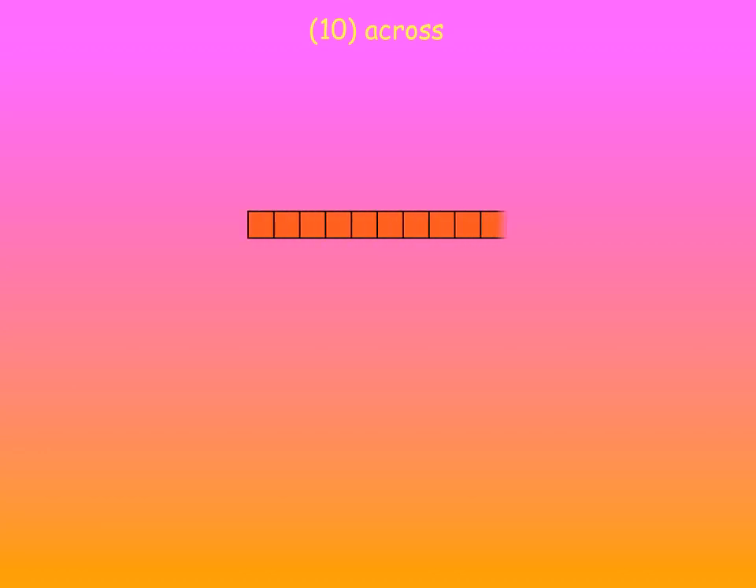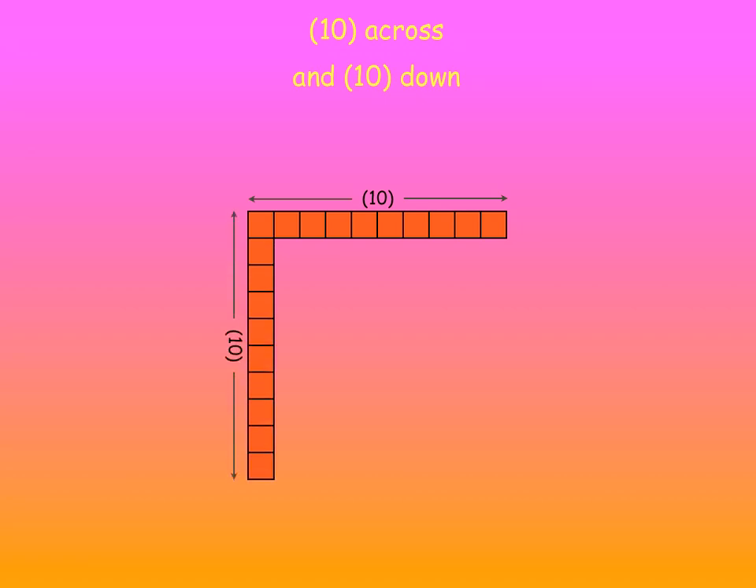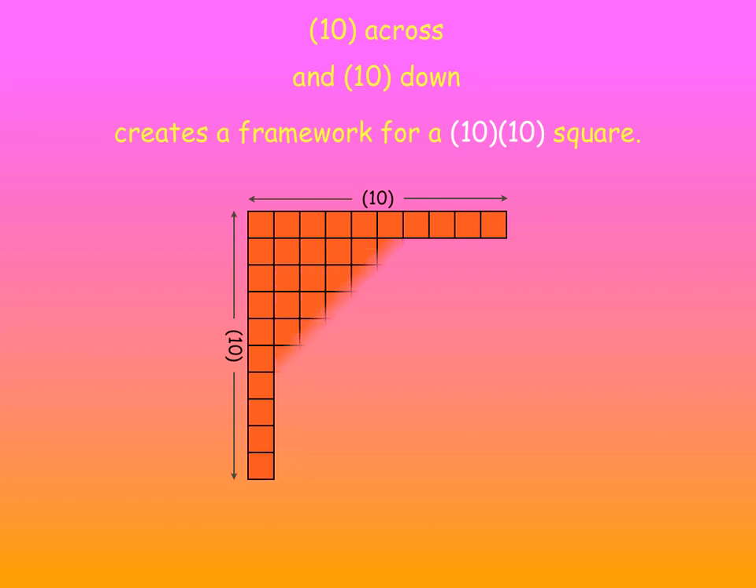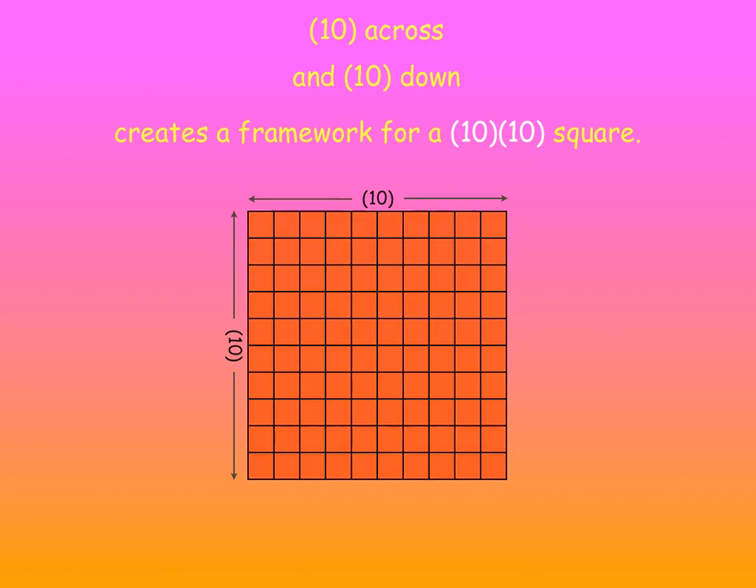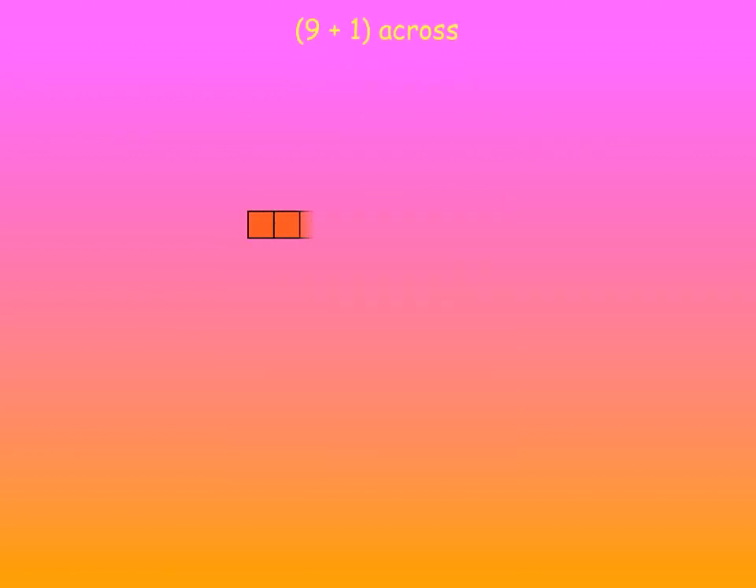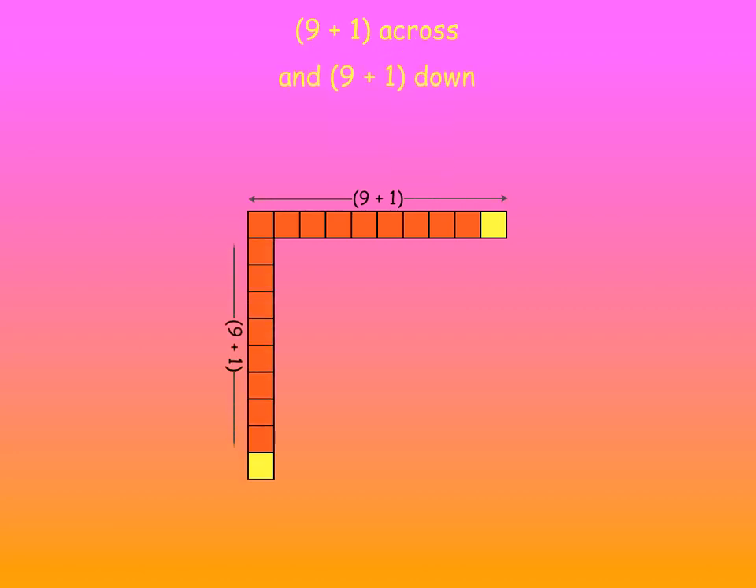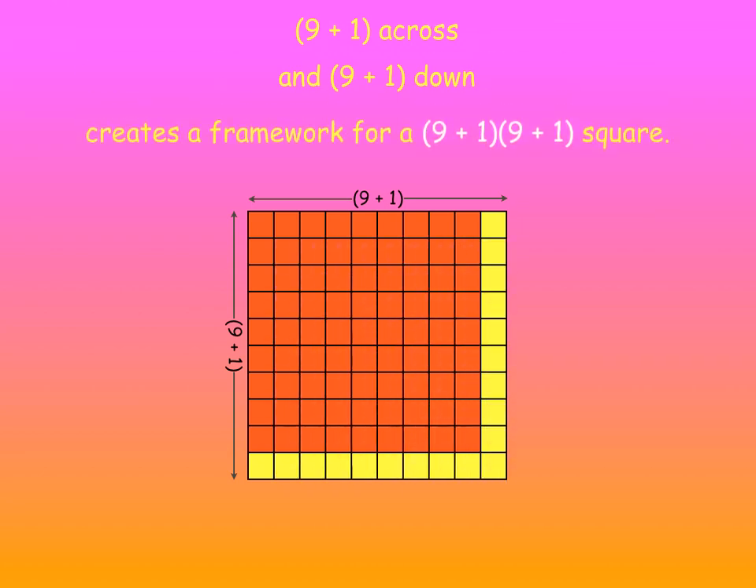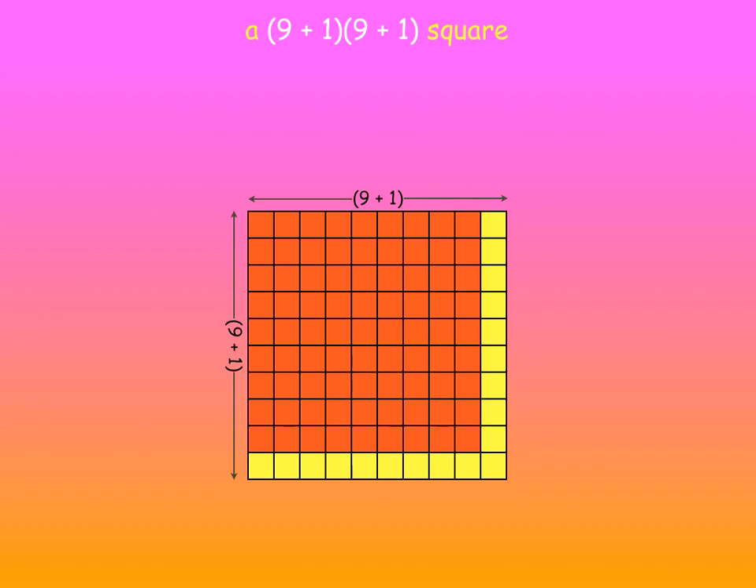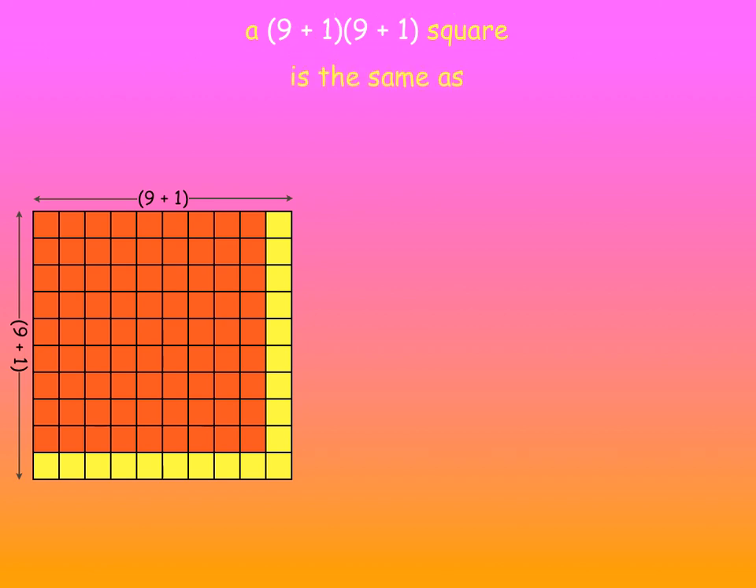10 across and 10 down creates a framework for a 10 times 10 square. You can also say it's 10 by 10. 9 plus 1 across and 9 plus 1 down creates a framework for a 9 plus 1 times 9 plus 1 square. A 9 plus 1 times 9 plus 1 square is the same as